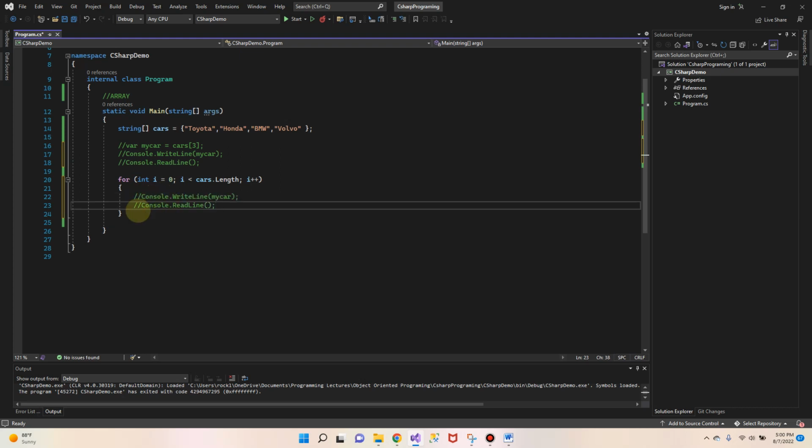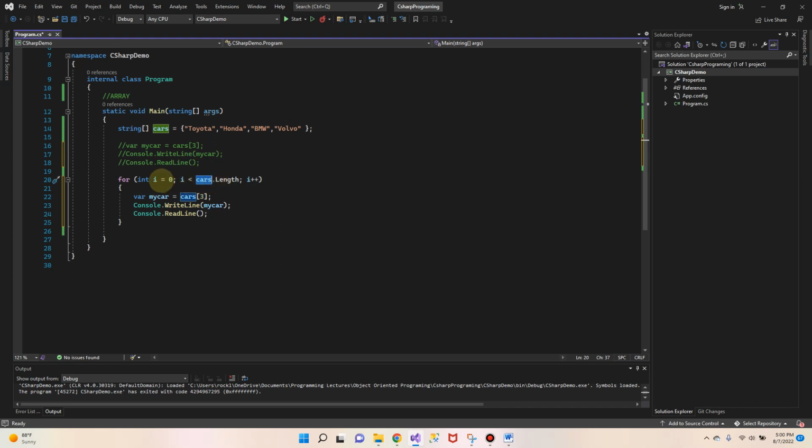And I'm going to show you one more important concept about the for loop and about getting values in the array. You know how when we got the value directly by passing this number 3, we just got the value directly. Now we can't just get the value directly like that. We can get the value now using the i index here. So my car, if I have to use the same variable, cannot be 3 now. It cannot just be 3 now. It has to be